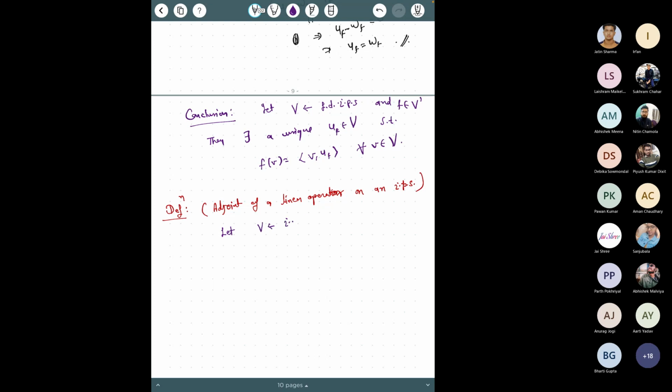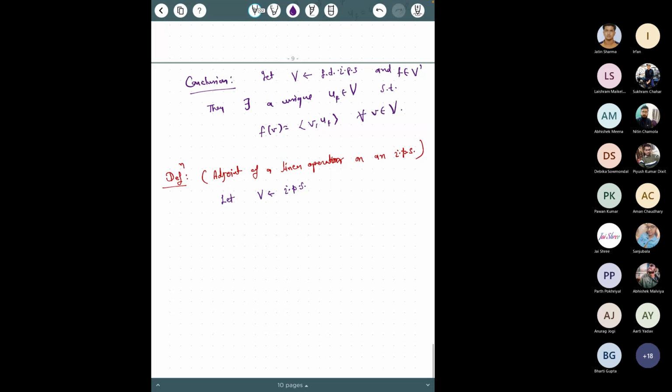Suppose that we have an inner product space V and T is a linear operator on V. That means it's a linear transformation from V to V. Then we say that T has an adjoint on V if there exists a linear operator S on V such that